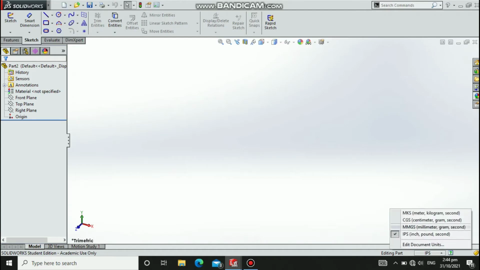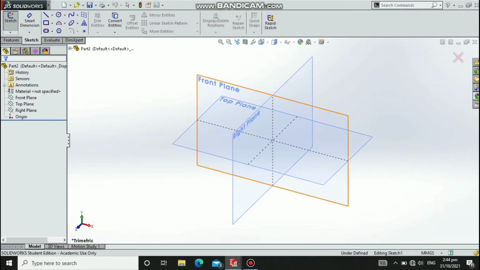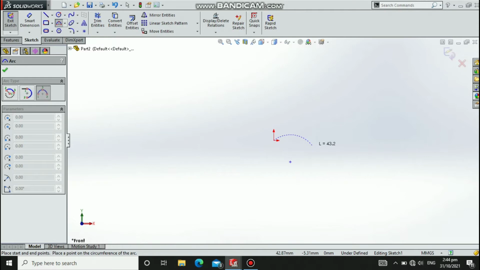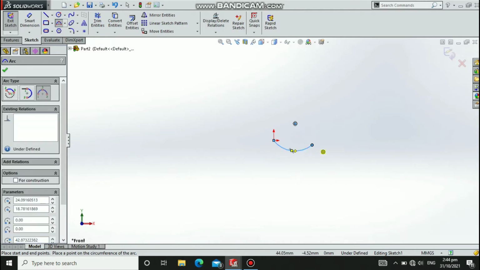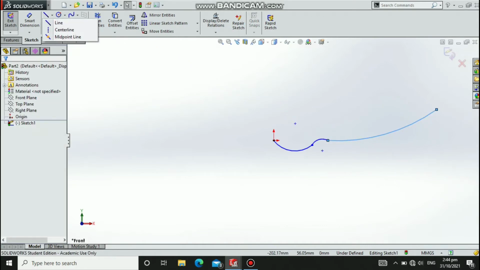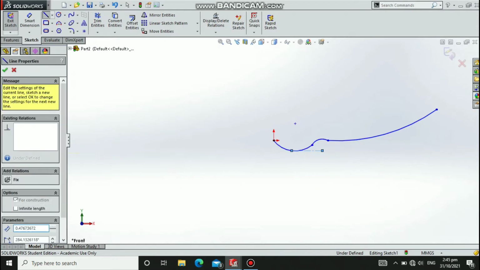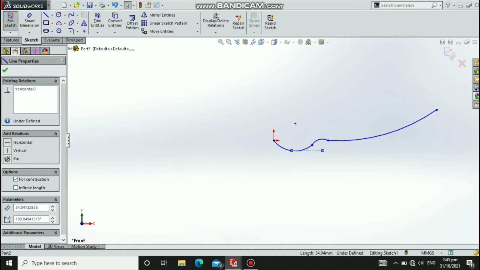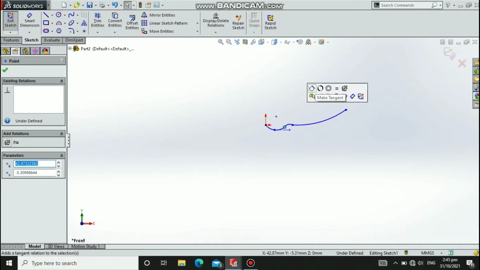And here in my screen, first we have to change the unit we are going to use. Next we're going to choose the plane. First we have to create the front view. We're going to use a 3-point arc for this so that it will look the same as what is in the plan. Then put a center line at the center of arc 2 and at the midpoint of arc 1,